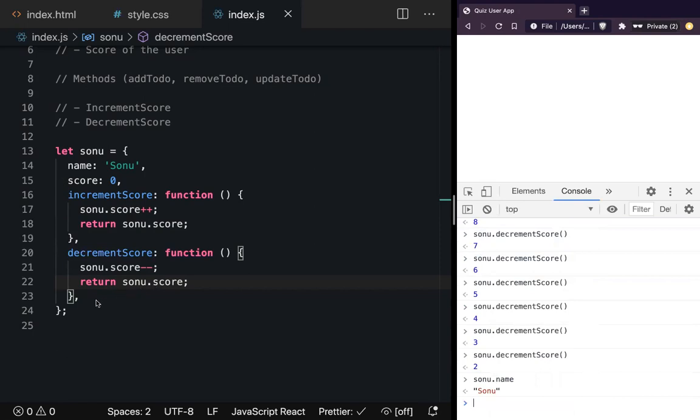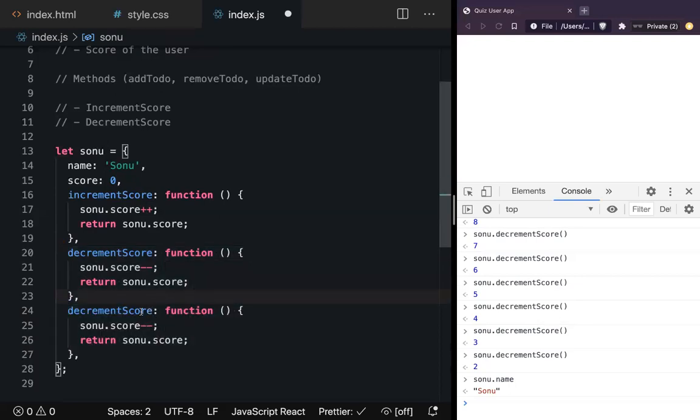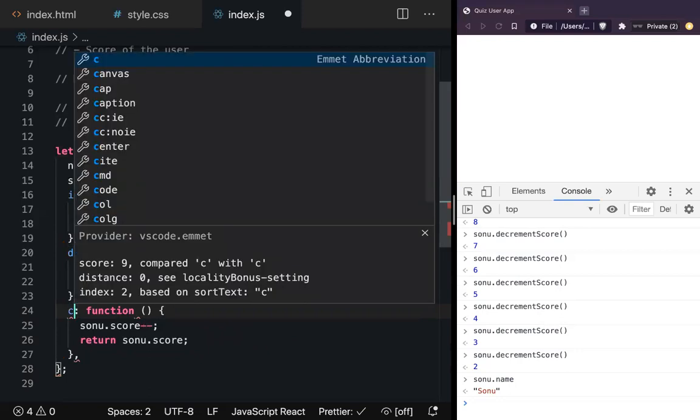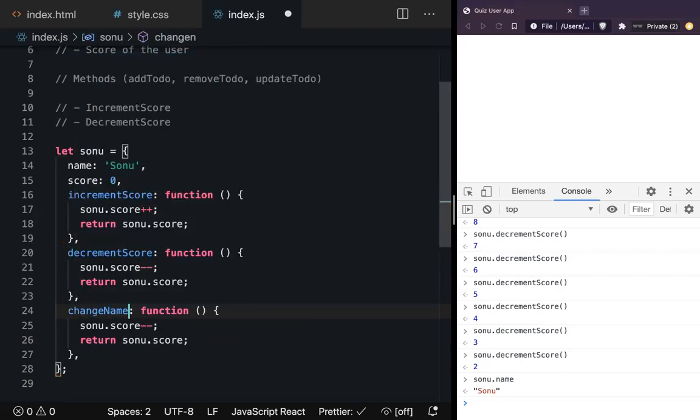What if I want to implement another method like change name? So can anybody walk me through change name, how we can make it work? What it will be doing? Elton, can you walk me through? Change name will be a function, that is perfect. Will it require any parameter?